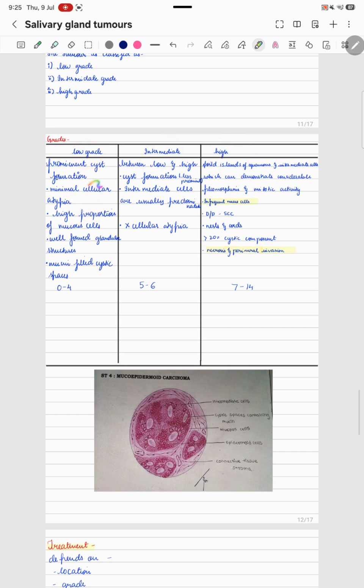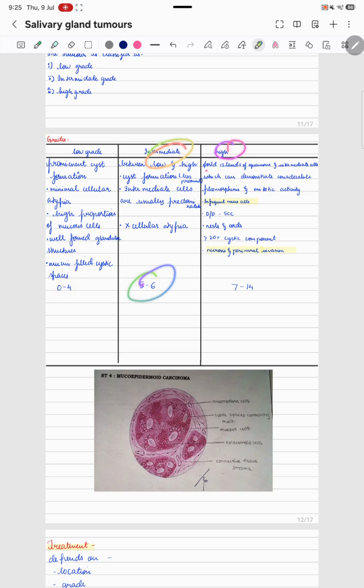So in low grade you have more of mucous cells, you have prominent cyst formation, you have well formed glandular structures and mucin filled cystic spaces. In between low grade and high grade is your intermediate grade. You have cystic formation but less prominent compared to the low grade ones. You have your intermediate cells which are predominant because it is an intermediate phase, and you do not have much cellular atypia. And so we grade the low grade as 0 to 4, intermediate grade between 5 to 6,